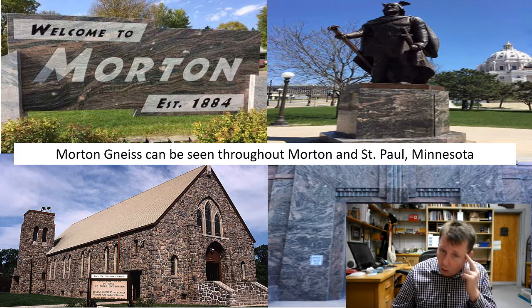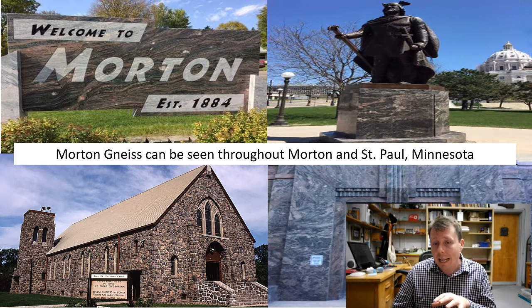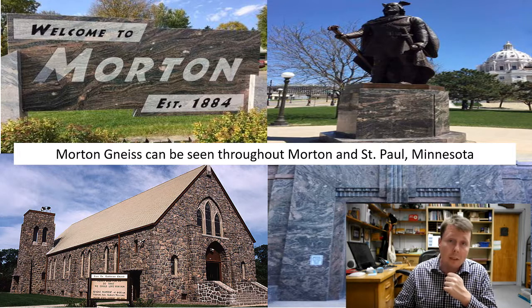There is a building on the lower right-hand side, which I believe used to be a telephone company or an electric company, and now it is a bank, but the face of that building is made entirely of the Morton gneiss. And up on the right-hand side, outside the Minnesota State Capitol building, you can see this statue here, and at the base of this statue is the Morton gneiss again. So this base is of billions of year old rock. If you're wondering who the person in the statue is, and you're a football fan, you know that Minnesota's football team is the Vikings. The character on top of the Morton gneiss outside the state capitol is actually Leif Erikson.